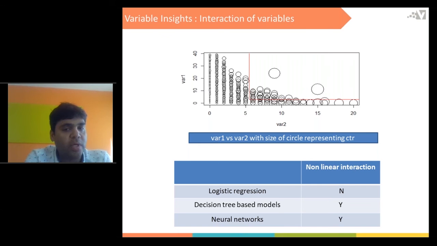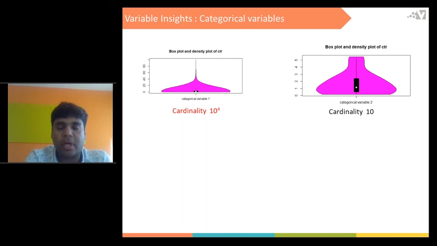Here I have two categorical variables. I've been mentioning high cardinality categorical variables, so I have plotted one here. On the left hand side, there's categorical variable 1 which has a cardinality of 10 raised to the power 4, and on the right hand side there's a categorical variable which has a cardinality of 10.